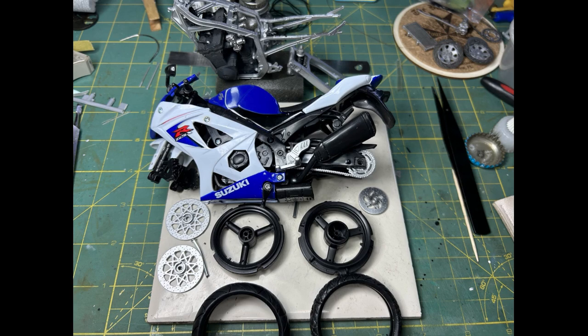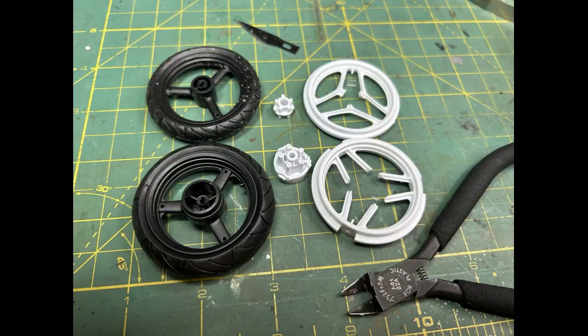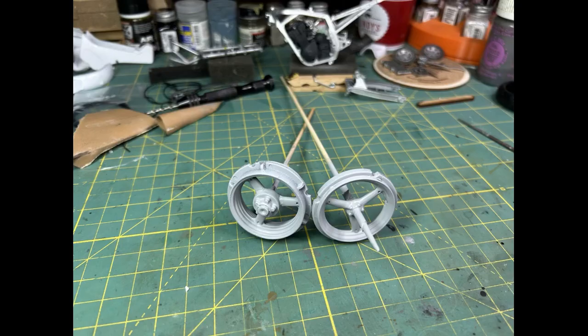But the next mod was probably the most difficult and challenging one of all. The bike that we're replicating has a set of 3-spoke Marvick rims, and obviously these didn't come in the kit, so we had to find a way to make them. So I got a donor kit in the form of a Maisto 1/12 scale Suzuki that had the 3-spoke rims that looked the part. Had to cut the hubs out and basically do a hub swap. We got the hubs cut out, glued them back into the center of the donor hubs, and CA glued them